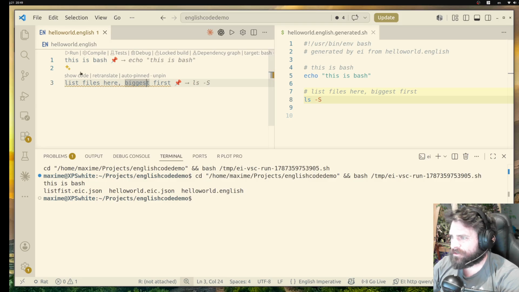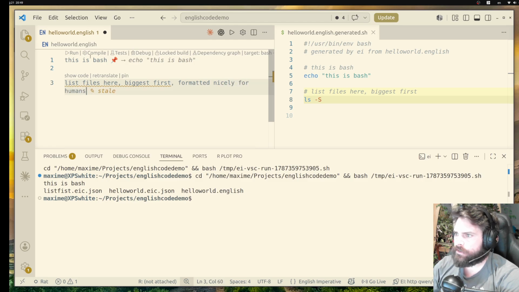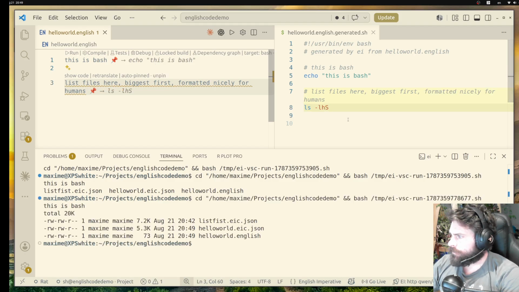I want it to look more human. So list files here, biggest first, formatted nicely for human. Okay. And so you see this is stale now because I modified it. It builds a sort of graph for the language. And so now it changed the parameters and I have a lot more information. Okay, so this is nice. Now, what about